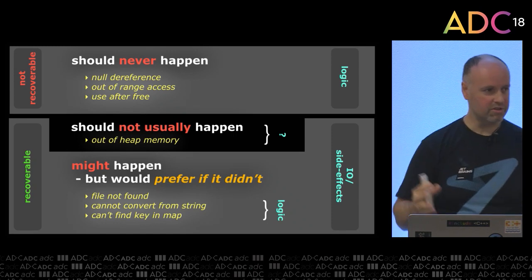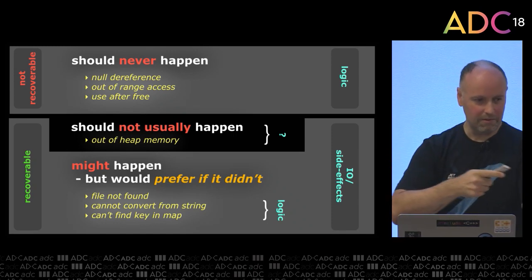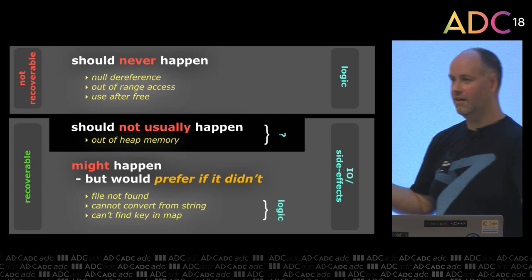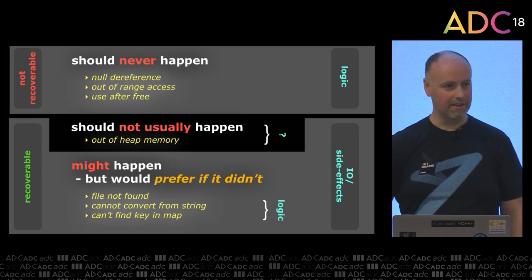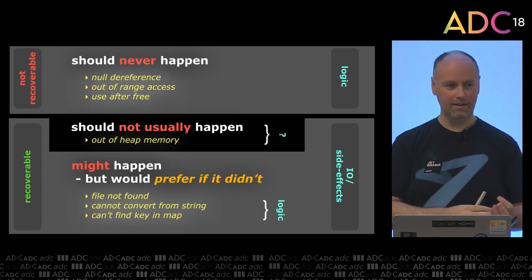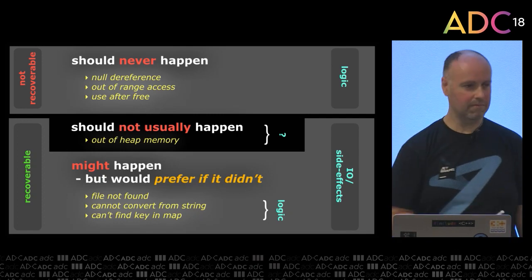Not really such a topic for this audience, but, and this is something I was talking to Timur yesterday about, for people that write plugins, they may have their own ideas about this. What happens if terminate's called in a plugin? I'm not sure if I have the complete answer to this yet, so maybe there are some people here who can tell me, but I believe that's something that can be handled so that a plugin might go down without the whole process going down.